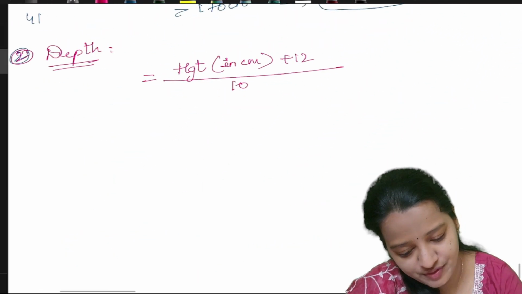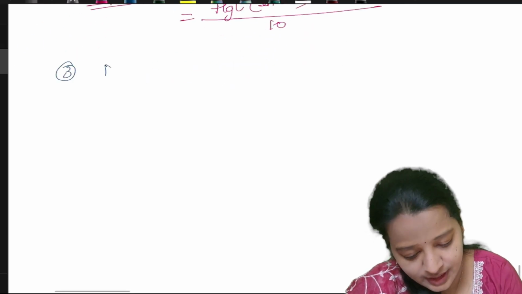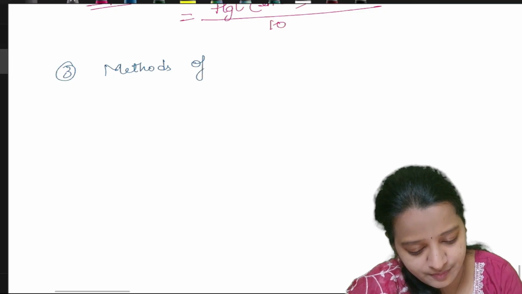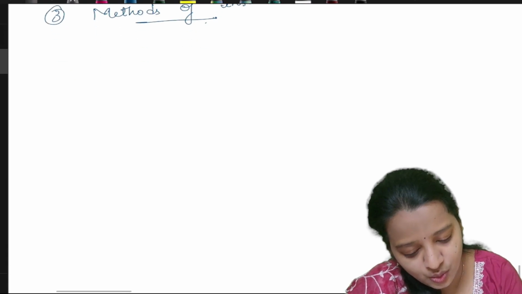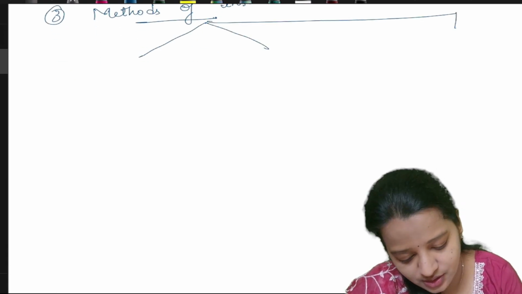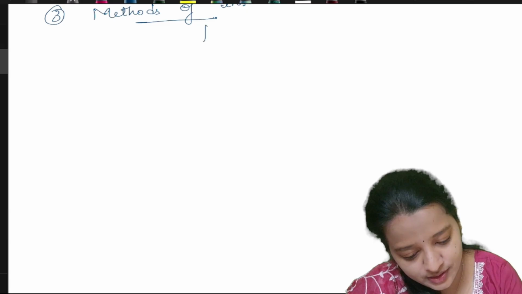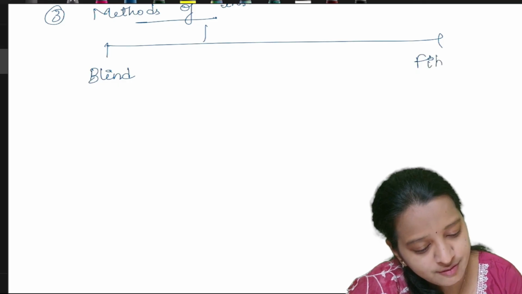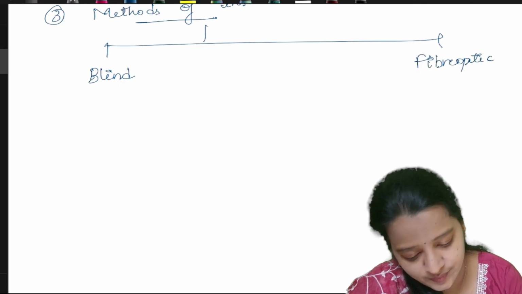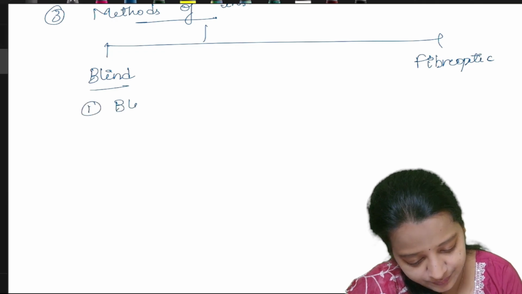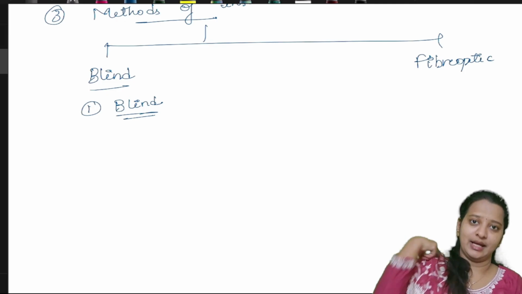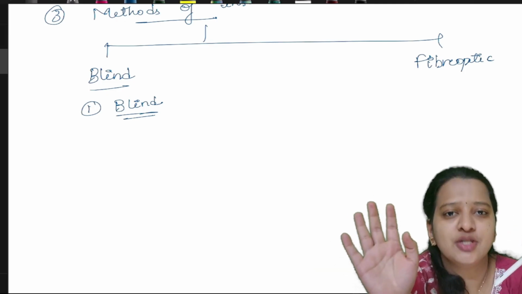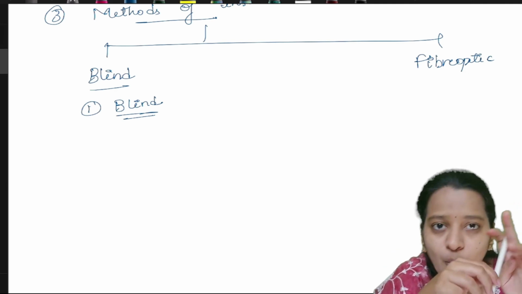Coming to methods of insertion. And later we'll go for confirmation. There are two methods of insertion, blind or fiber optic. First let us go for blind. What you'll do in blind? Simply, you will induce the patient, you'll give the muscle relaxant, now you'll do the laryngoscopy and you'll see the